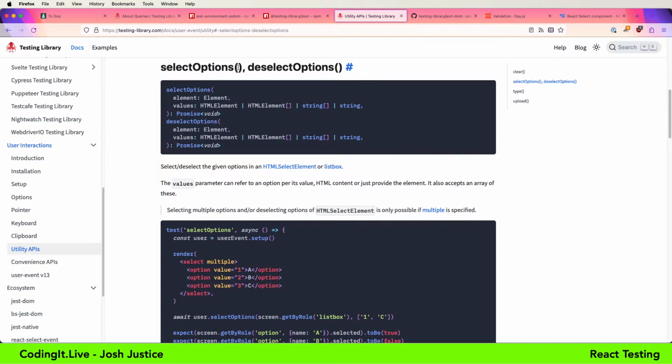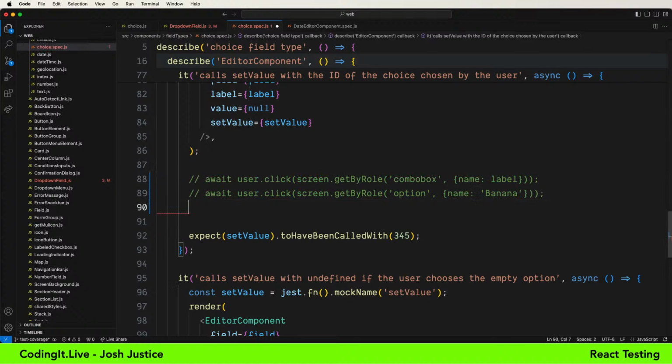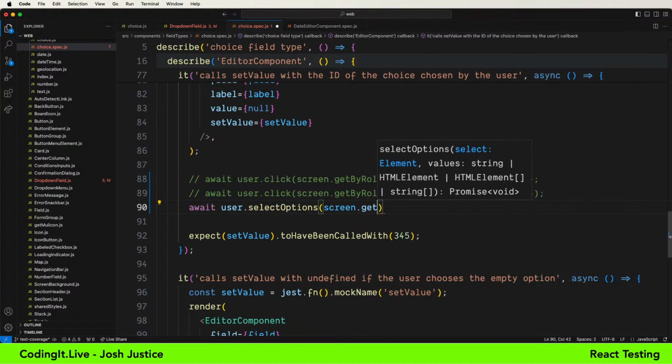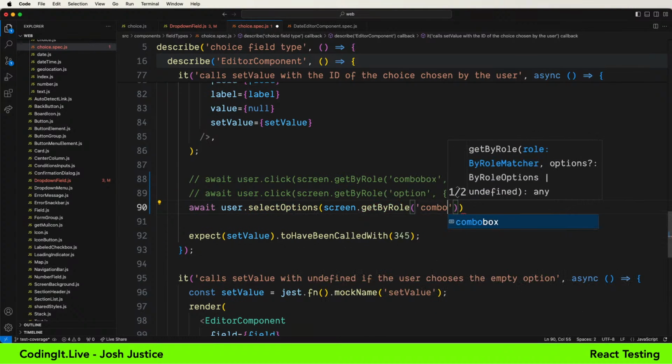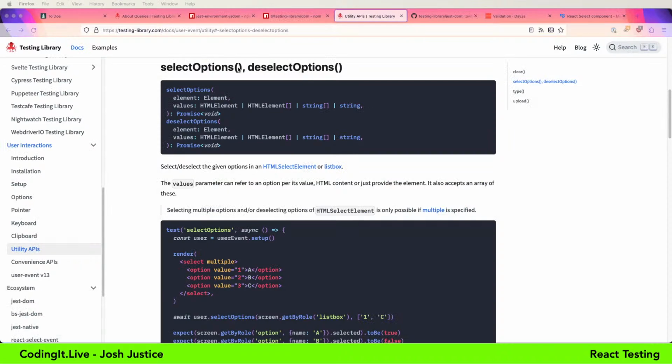And this has to do with the fact that it's sort of a built-in DOM element instead of just arbitrary DOM that's being done. So let me try this. Say, oh wait, userEvent.selectOptions screen.getByRole combobox name label. I don't know if that's the right role.